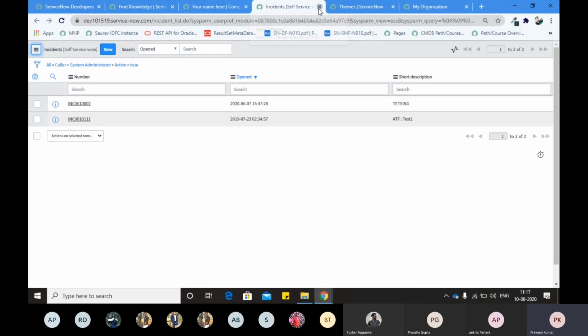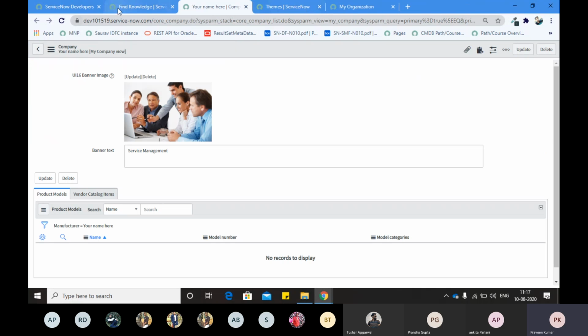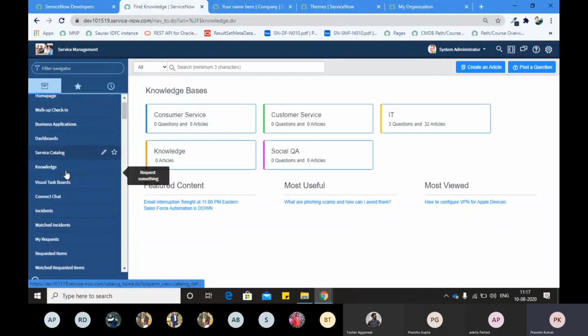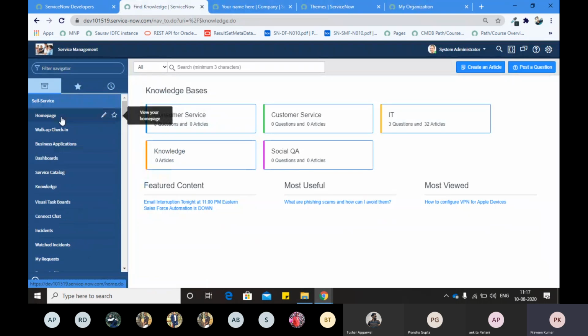So whatever module you are clicking on, all those modules are connected to different kinds of things. How to connect them is a separate thing that will come later, right? So this is the way we navigate in this left navigation. We just need to remember the name of the application, and we just type the application name or just a few words about that application, not the complete name, right?